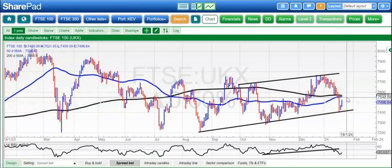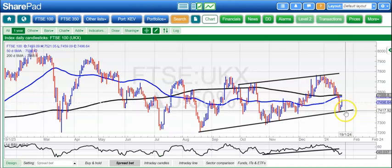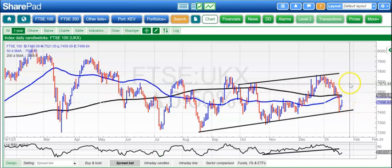For the end of the week, we'd like to see the market back above the 50-day moving average around 75.50, which seems a bit optimistic, even though we have bounced well so far. In the near term, an end of day close back below 74.10 would then suggest that we've got a new leg down to 7300. Above the 50-day line, then looking for obviously a retest of the post-June resistance for this market,